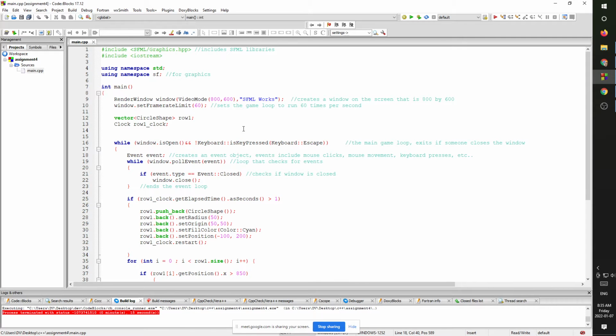Okay, so yeah, here it is. It is our project that we started. It's like a gallery type shooting game. It uses a vector of circles, and every 1 second, I believe, yes, it adds a circle to our vector, sets its radius, sets the origin